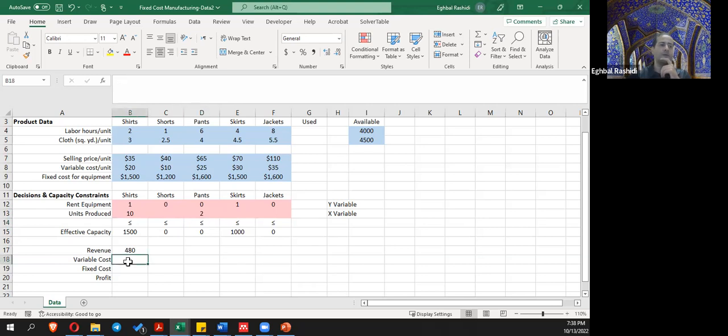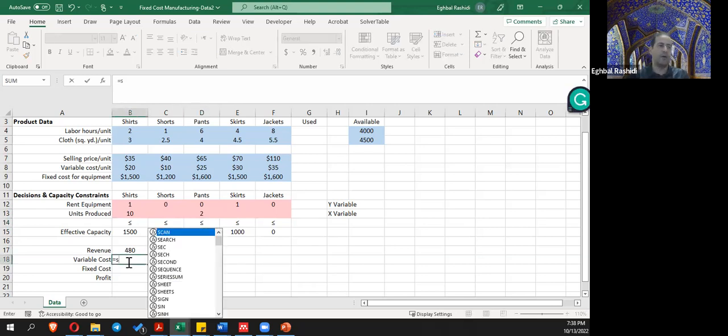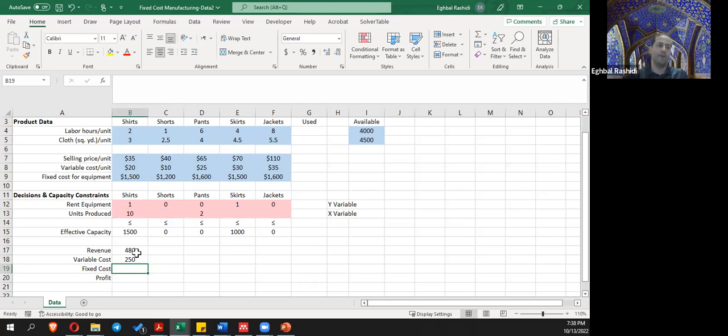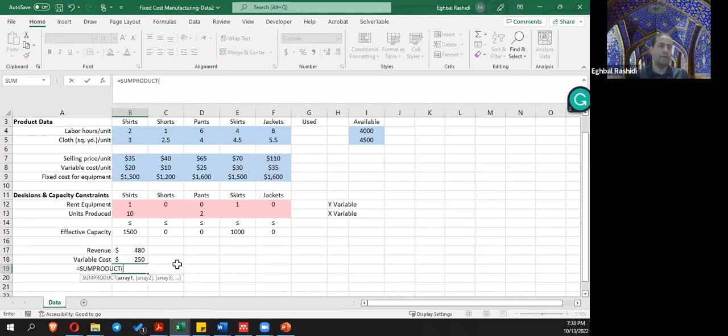Variable cost. So variable cost is going to be again the sum product of our decision variable, the x decision variable, and the variable cost. So that's 250. By the way, this has to be all in dollar values. Fixed cost is just going to be the sum product of the y variables and